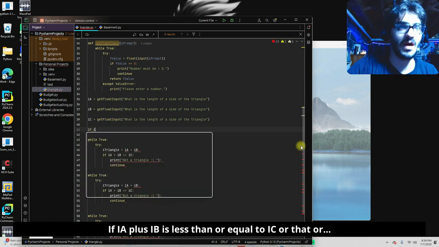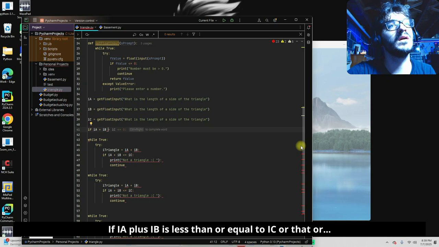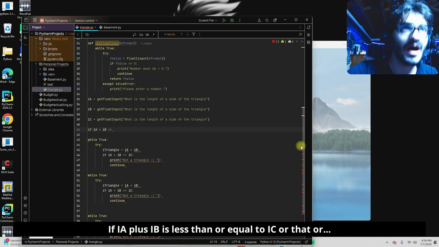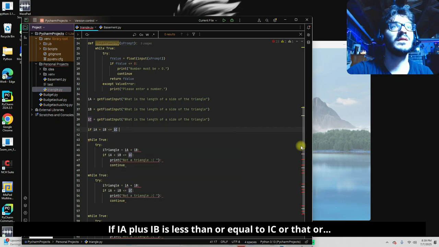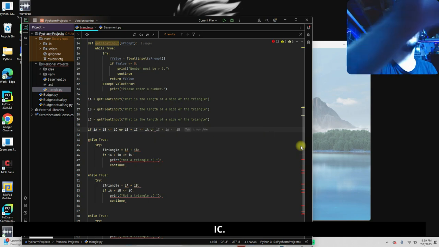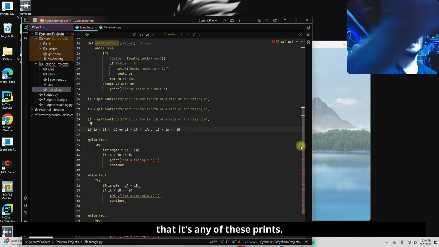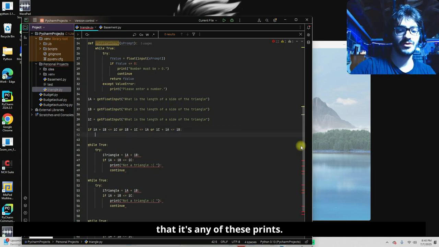If IA plus IB is less than or equal to IC, or that, or yeah, see, yep. You know me so well. So we want to make sure if it's any of these, print